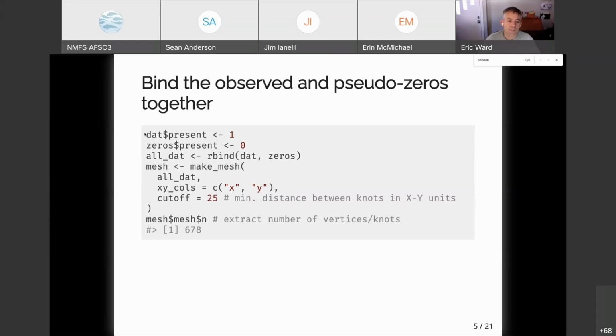Okay, the next step is obviously going to be to take the fake zeros we've created. For any of the observations where we actually have data, we'll create a new variable and say that the presence is 1. In the zeros, it's going to be 0. We can bind them together, and then we can make a mesh based on that combined data. In this case, remember, when we use the make mesh function, we specify our cutoff distance, which is essentially the minimum distance between 2 locations. And this creates a mesh of about 675